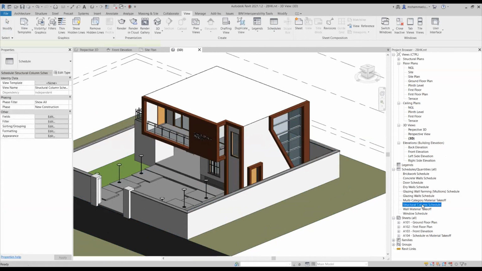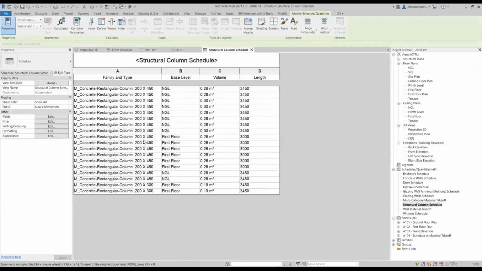I'm going for structure column schedule, and we can sort our columns according to their floors as well. For example, I want separate groups for columns which are starting from NGL, and separate groups for columns which are starting from first floor.